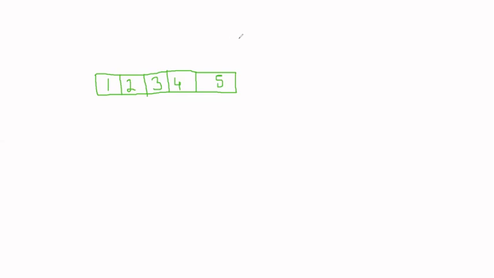Let's try to understand shift first, then we'll understand the rotation. Rotation is nothing but another form of shift, we can say. So we'll try to understand the shift operation first. First we'll try to understand left shift. What left shift is, I think you can understand from what I'm writing. Left shift is: suppose we are given an array of size 5.